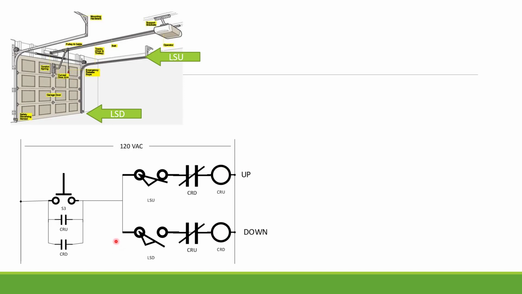And the same thing would happen if I'm trying to go down. This picks up to prevent any current from trying to make the motor run two different directions at the same time. So once the motor is up,